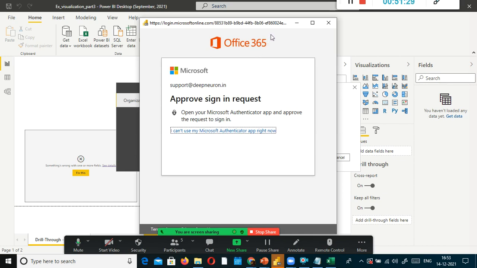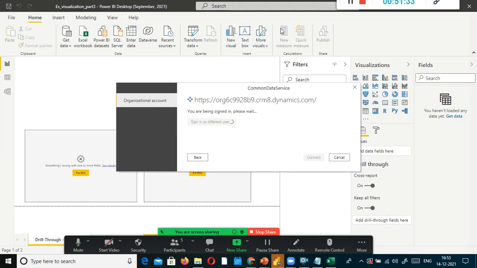If I give approve from there, in my mobile, it is connecting there. You are currently signed in. Okay, connect. Ideally, you are not supposed to use the URL and all, but with that itself, it is trying to make a connection. Let us see.